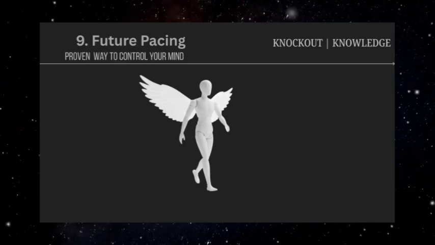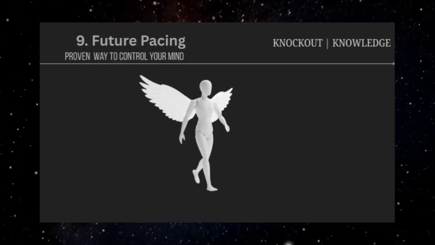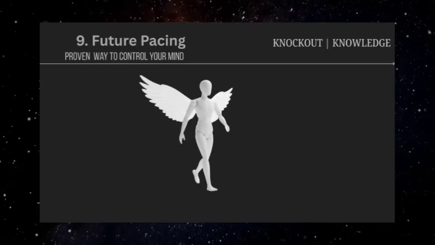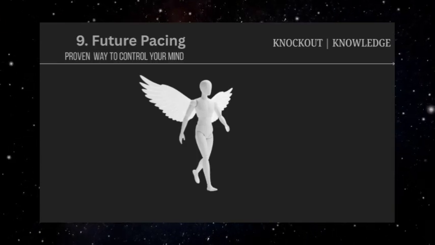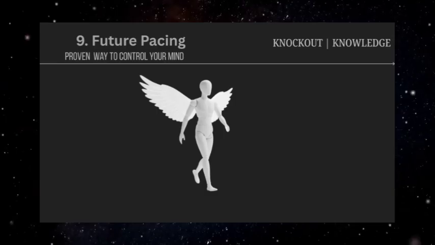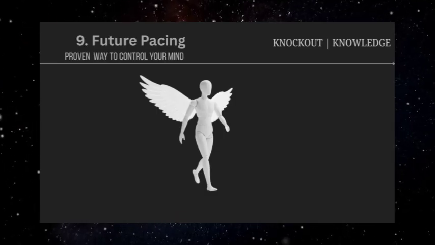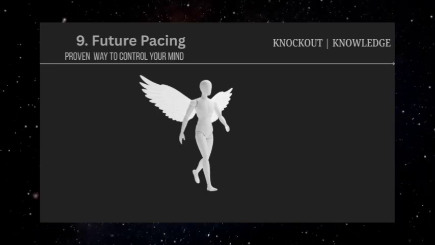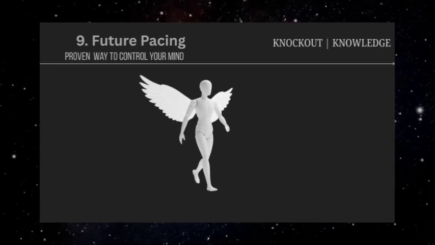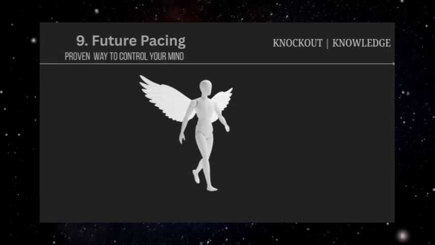This mental rehearsal makes the purchase feel like it's already happened and frames not buying as giving up something the person has already experienced in their imagination. In personal relationships, future pacing can be used to manipulate major life decisions. Someone might guide their partner through detailed scenarios of what their life will be like after marriage, after moving to a new city, or after making other significant changes.